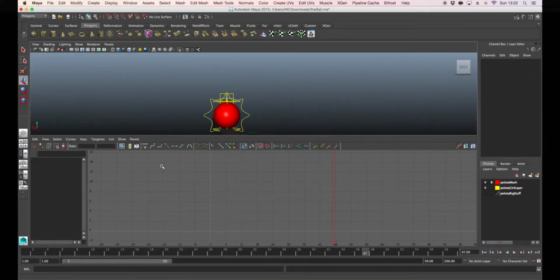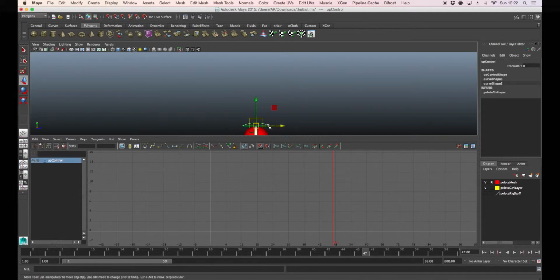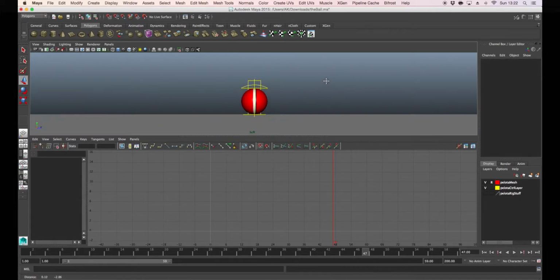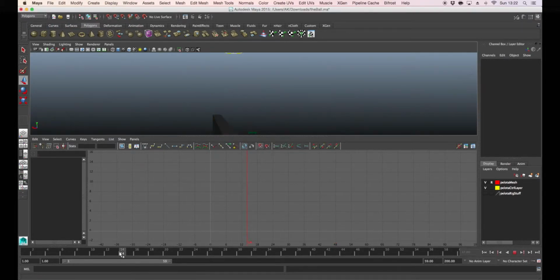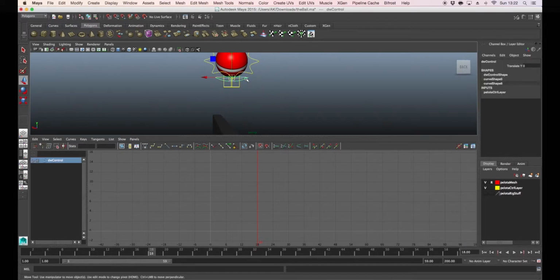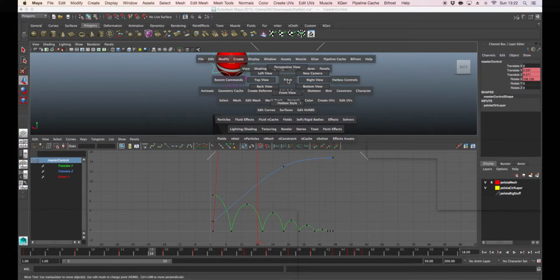Now it seems to move too much. Okay. In this case, we will